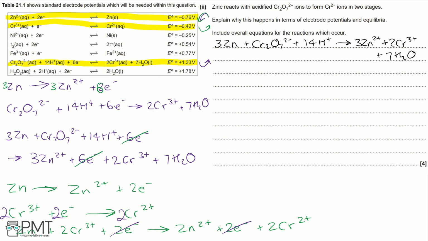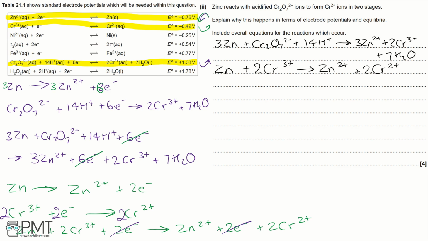That would then make our overall equation Zn plus 2Cr3+ goes to Zn2+ plus 2 Cr2+. So we have completed both stages of this question,